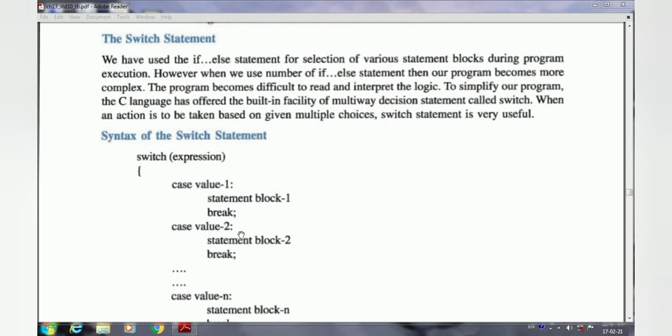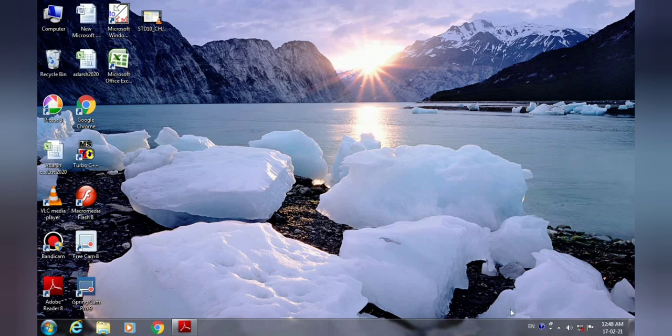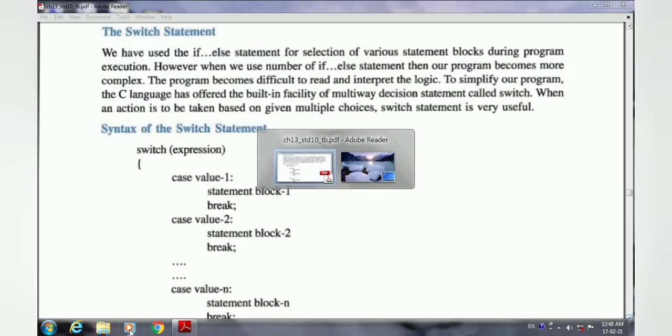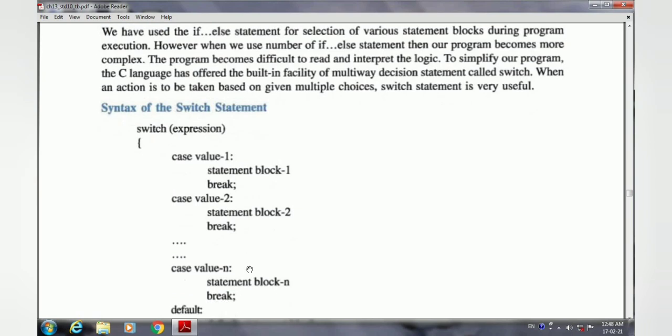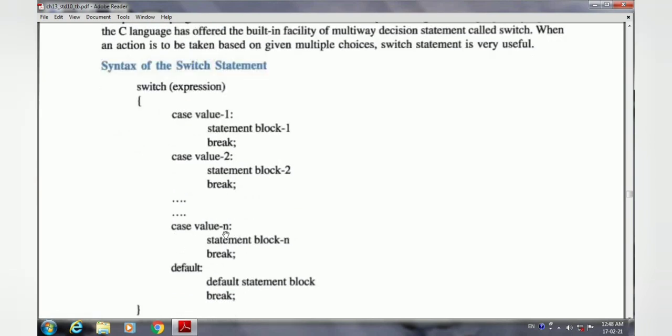As we wrote multiple conditions in the if else till the end, you can write the cases here till the end. Like this you can use the case statement. So case value 1, and here you can see the case value you write ends with a colon sign. Then in the next line, without brackets, there is no need to write a case body or braces, you can directly write the statement that we had written in the else if ladder, and then the break statement.